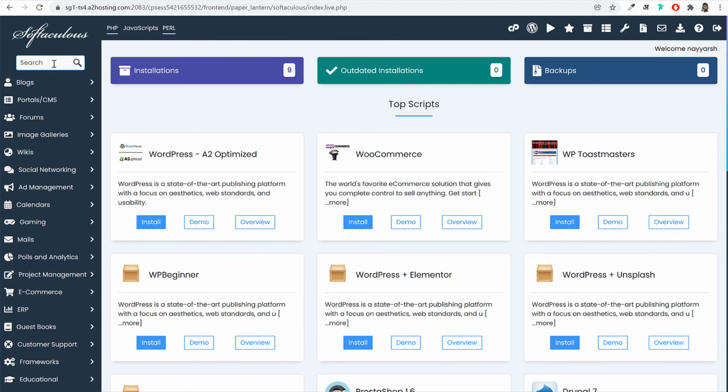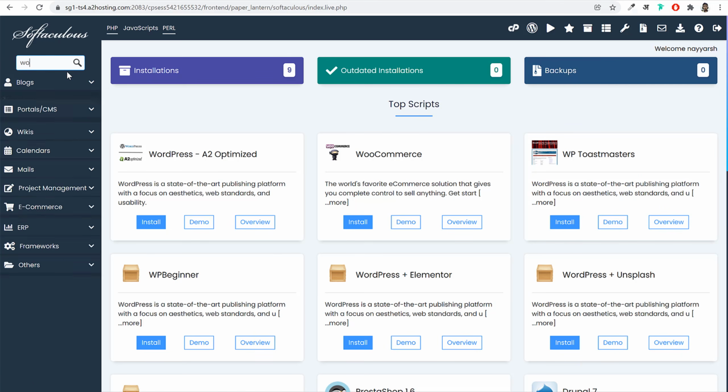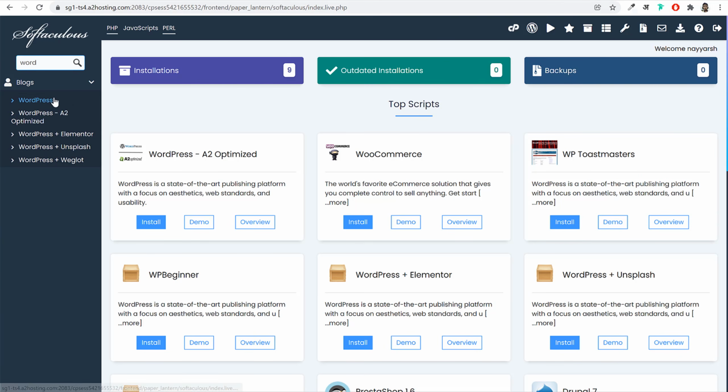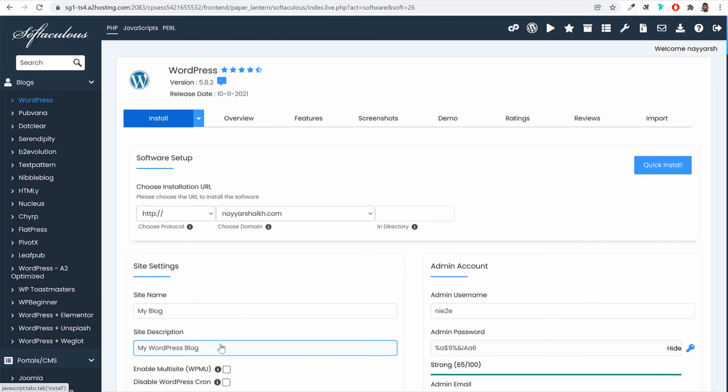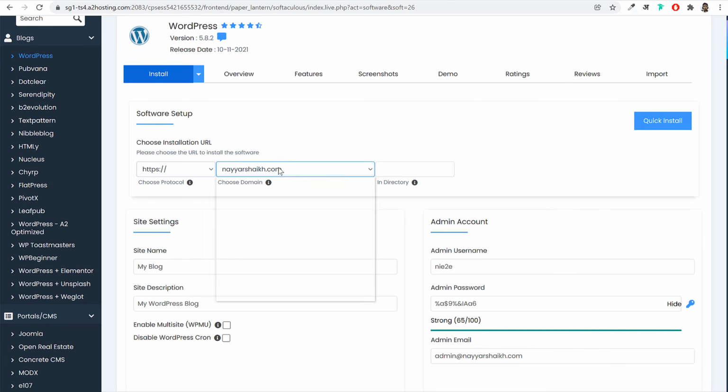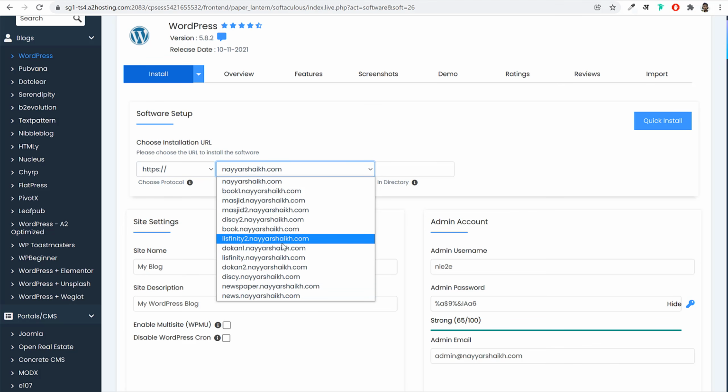So what you can do is, from the left hand side, you'll see the search bar. Over here, you can search for WordPress. You will see the very first one, click on that, WordPress. And now click on this install now button. Now the very first thing that you have to do is select your domain name on which you want to install WordPress. So in this example, I'll select this domain,